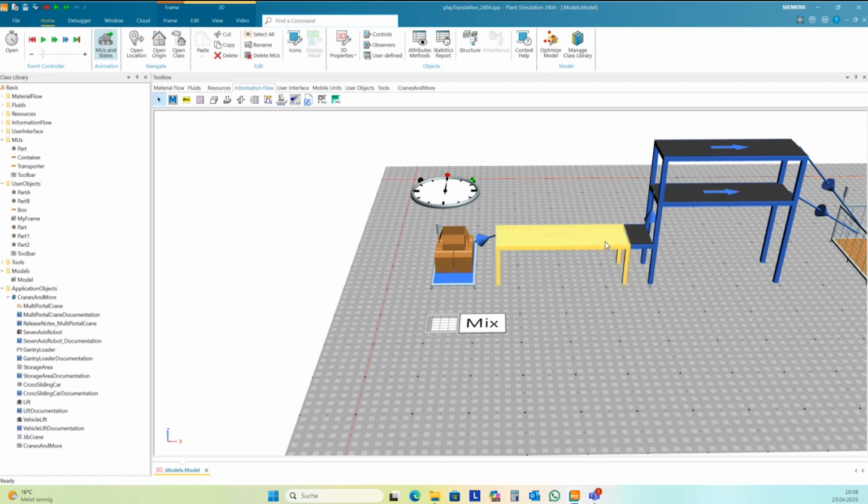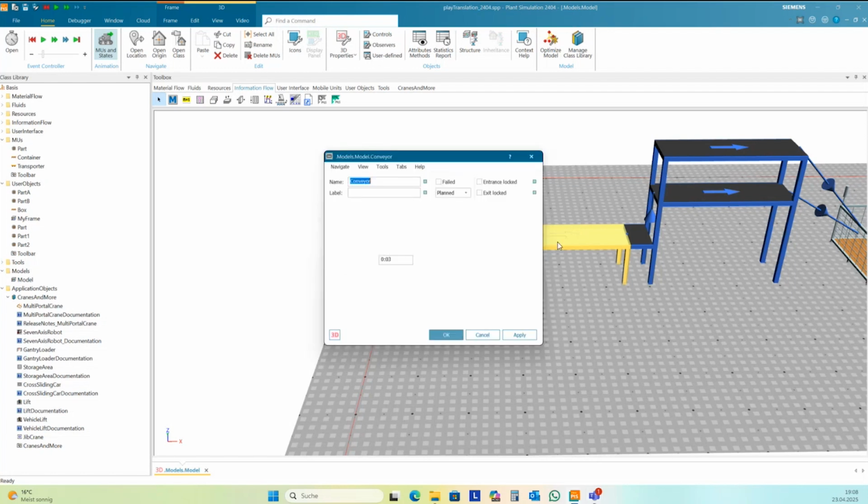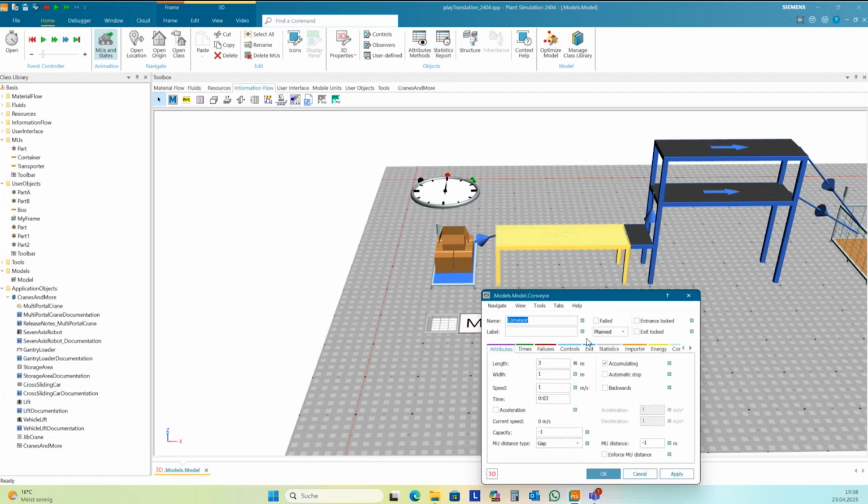And the easiest way to do this is to define an exit control here in this conveyor and set different destinations to the parts. And so the first small control I need is an exit control here in this conveyor.